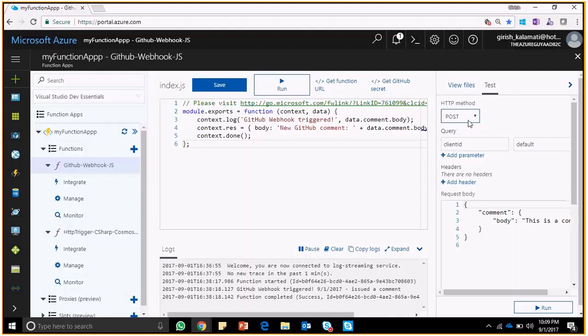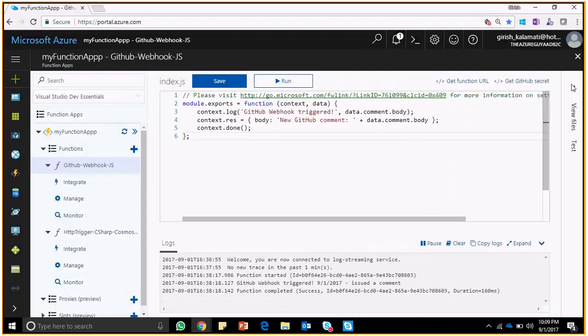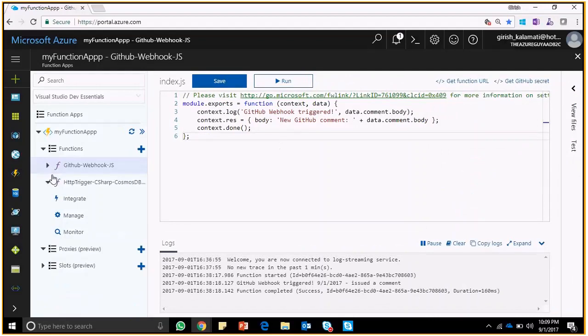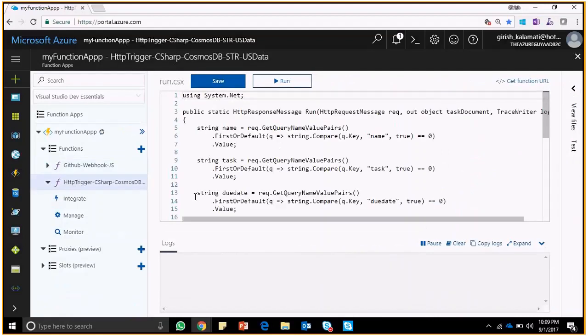You can select whatever type of call, and you can trigger a call to it. That's the testing, and you can add parameters to your test as well. We will be doing that in this particular function. My requirement for this particular function is